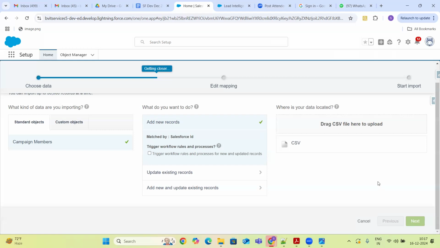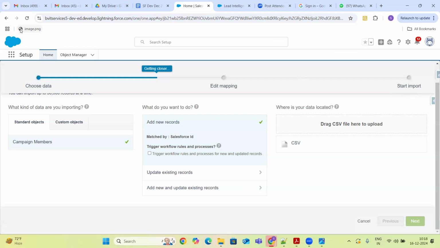I'll be discussing with you more about how to do these campaign member uploads when I discuss what we call data import, guys. We will discuss the data import wizard and data loader in our next classes, and at that time I'll explain it more clearly.